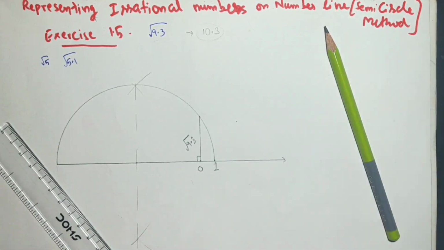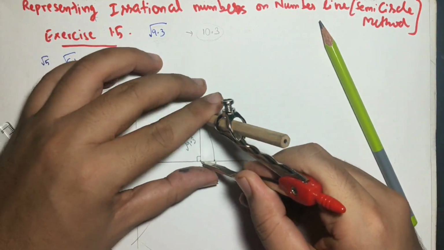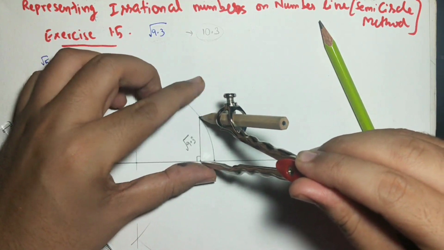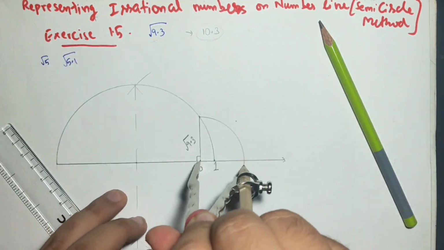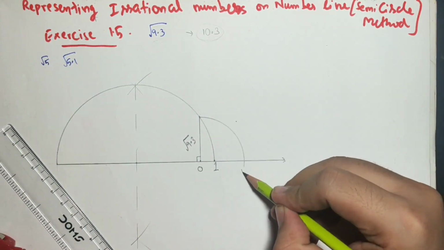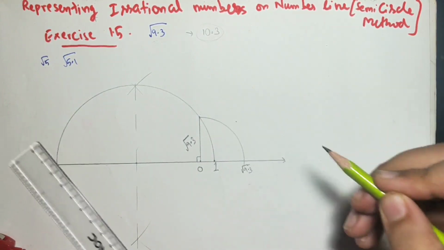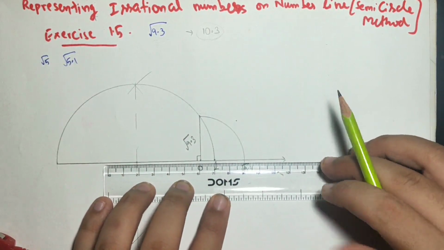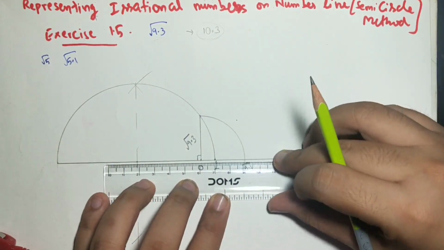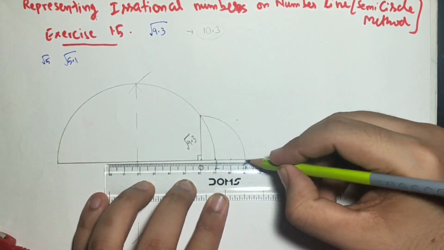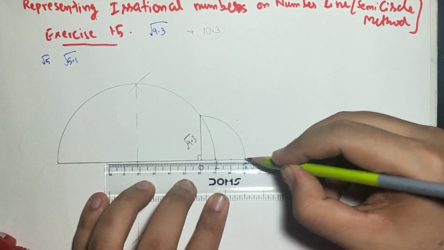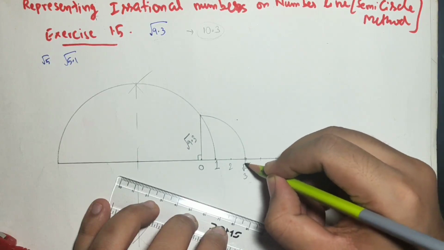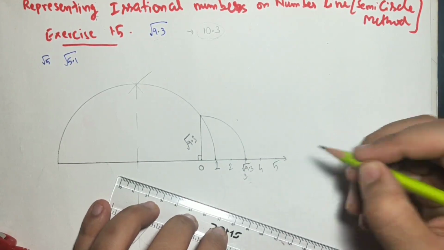Now we have to represent this root 9.3 on the number line. So keep the pointer at 0, take the radius equal to this length and draw an arc. This point will be root of 9.3 on the number line. See, only 1 is drawn. So mark 2, 3, 4 simultaneously. After 1 centimeter, this will be 2, this will be 3, this will be 4, this will be 5. The 3 will come here, which is hidden behind root 9.3, then 4, 5.